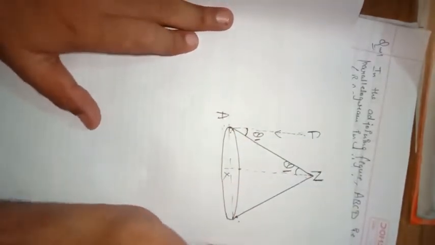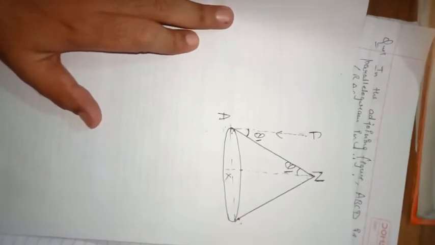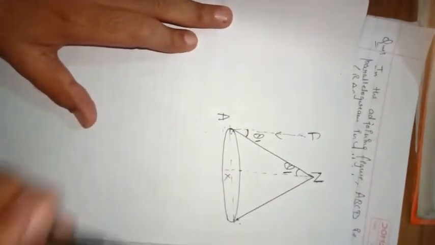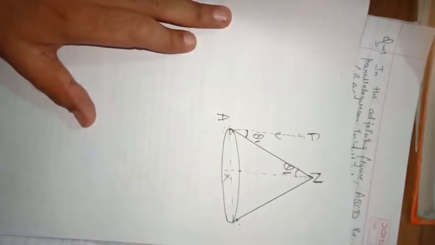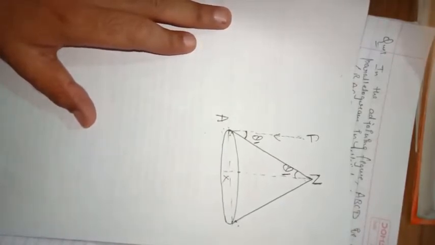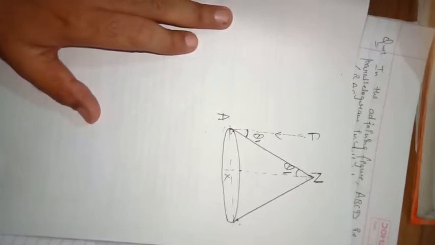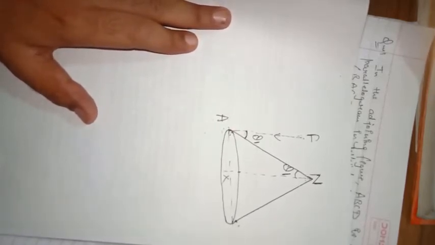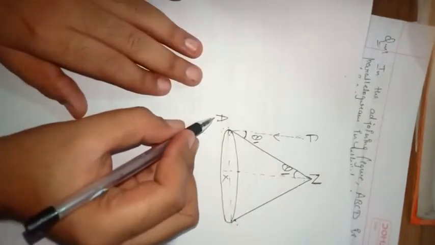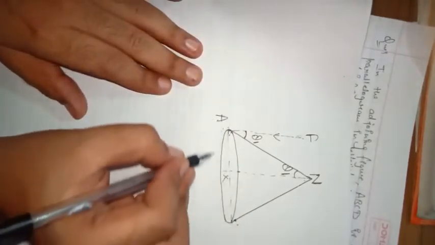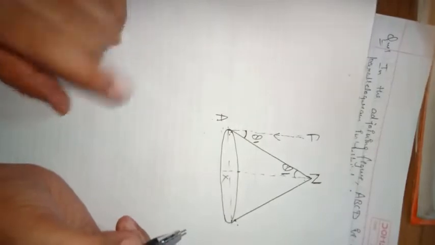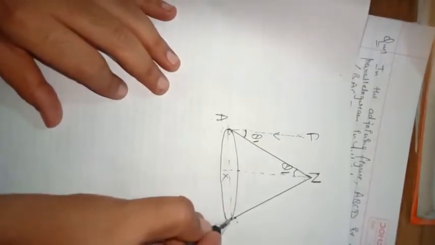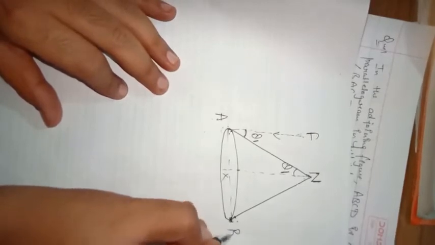Now students, suppose we waited for 6 months. I have measured the angle of this object, and later on, suppose I go to sleep. I am a Kumbhakarna and I sleep for 6 months. Later, after 6 months, I start my work again. Because Earth completes one revolution in 12 months, after 6 months, what will be the position of Earth? The answer is, this will be the position of Earth.